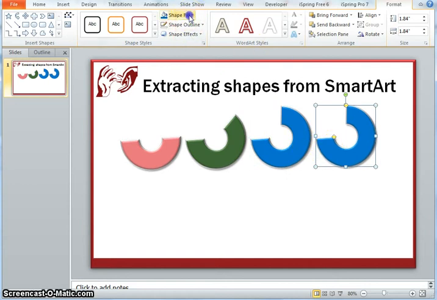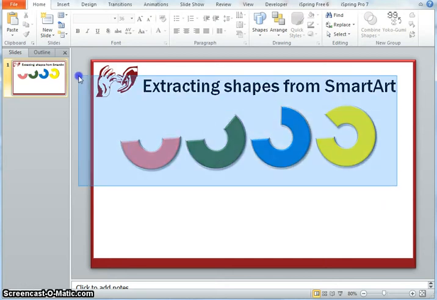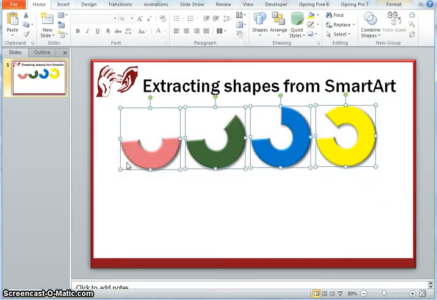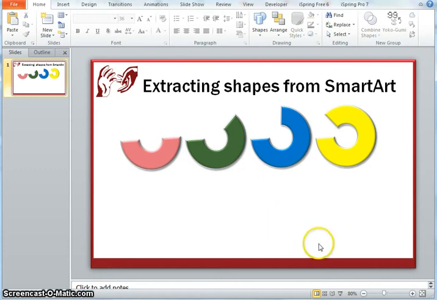Again, do a Control D, change the color and change the size, and so on. And therefore I could actually build a nice percentage or incremental or the share of any given aspect or a set of aspects that I want to discuss on a slide. It's a very interesting way of showcasing.